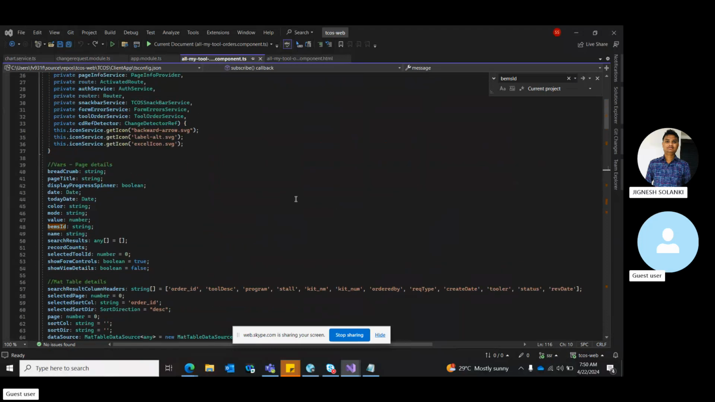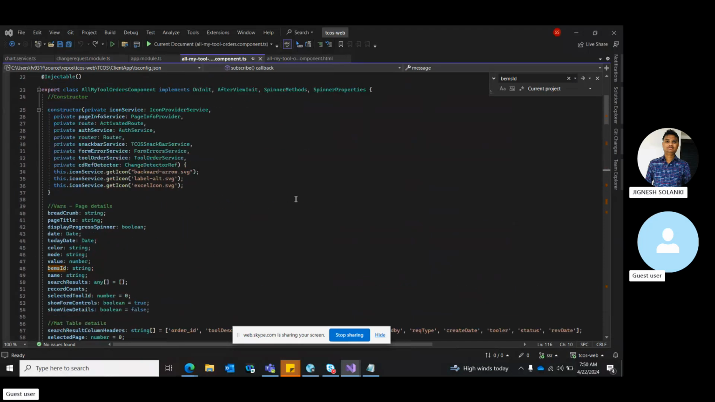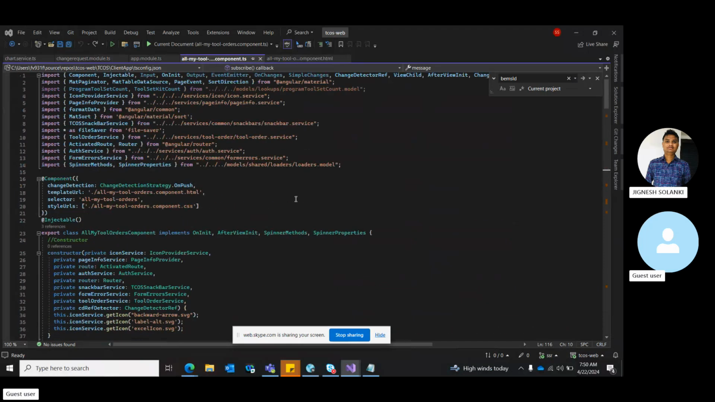That we have done basically, and we know how to call the service also, how to register the service, everything we have done. And now we should